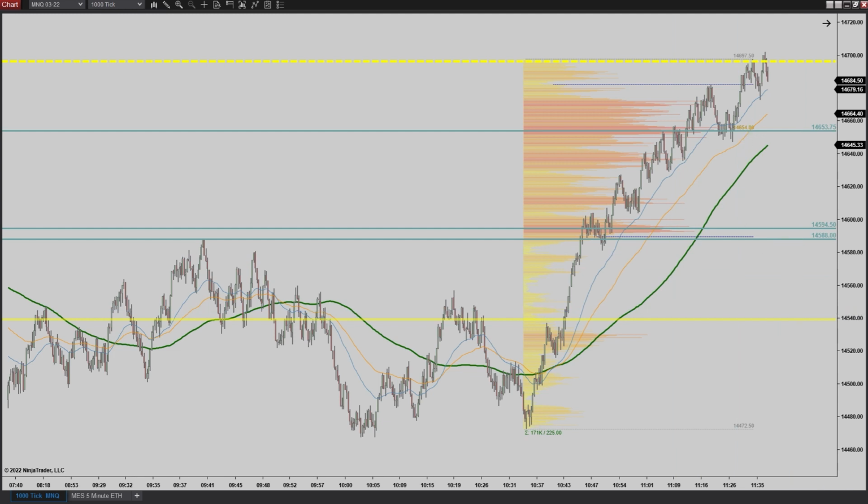Remember, they're underwater on that move, and they're trying to work their way out of it. So by adding into the position, they're driving their average to the upside so they can have an easier escape route. Knowing that each one of these was originally their entry point, and it might have been their intended entry point for a reversal, but that reversal has not been happening, we can very easily figure out where their break-even